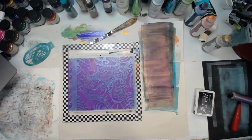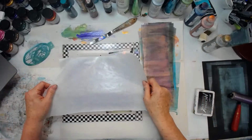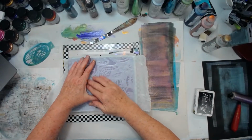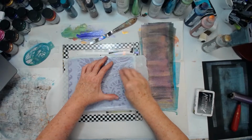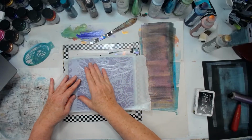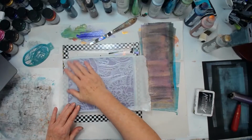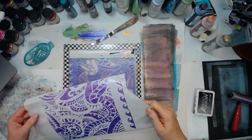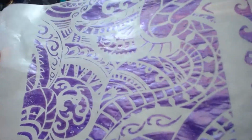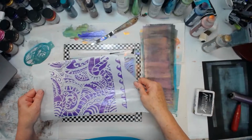Okay, this is the B paper. It's very shiny. It's glassine paper. So, I don't know that there's a right or wrong side. But we shall see. Ooh. Now, I don't know. I have to play with this and see how this collages and what I will actually